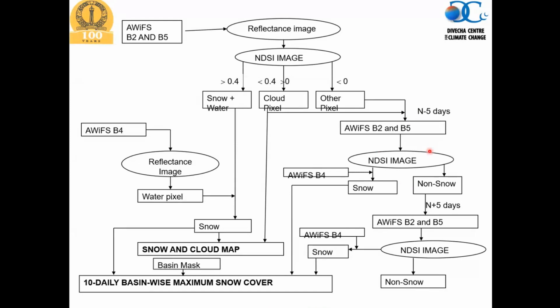So if we are analyzing 10th March imagery, certain pixels identified as snow will go as snow. Certain pixels identified as non-snow go to the 5th March imagery and are again identified as snow and non-snow pixels, with the idea that within the 5 days the cloud will have shifted, and